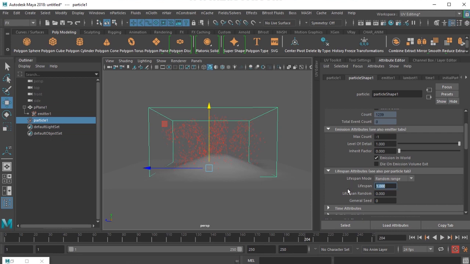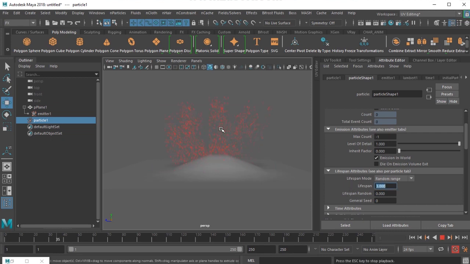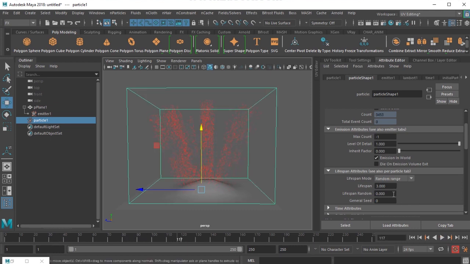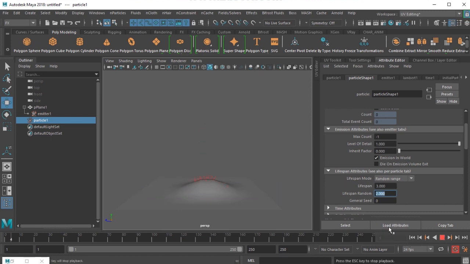So I increase the lifespan to 3 seconds and they move up to a certain height. It goes a little bit further and then stops there. And I put the lifespan random range to 2 units so that I get the feathered edge at the end, which is more organic.